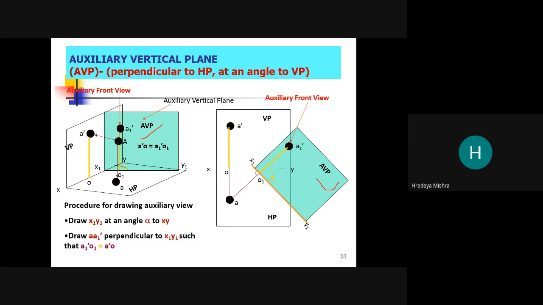Okay, see. X1, Y1, and we draw A dash 1 O1 equal to A dash O dash. See, this is a line.